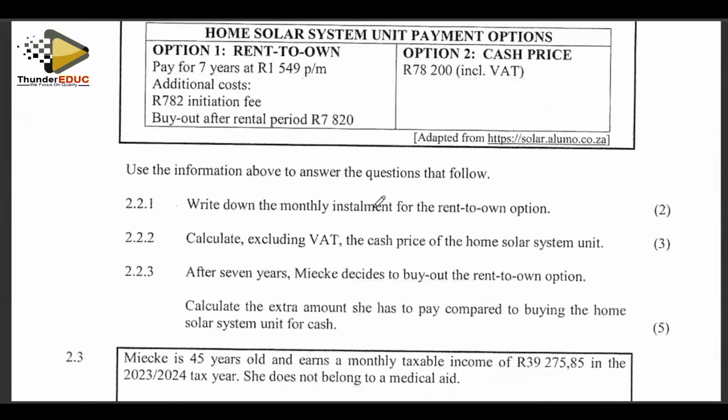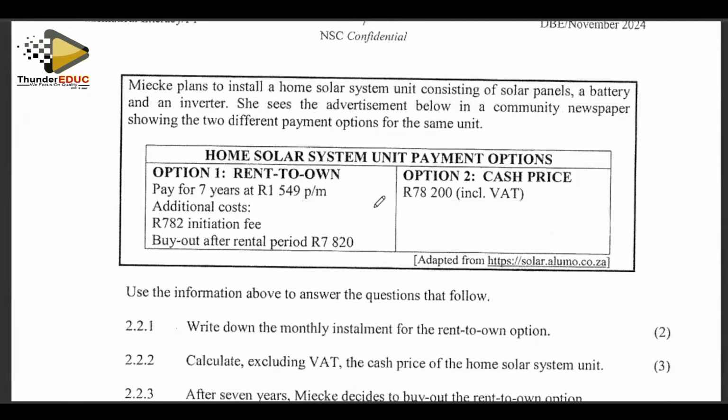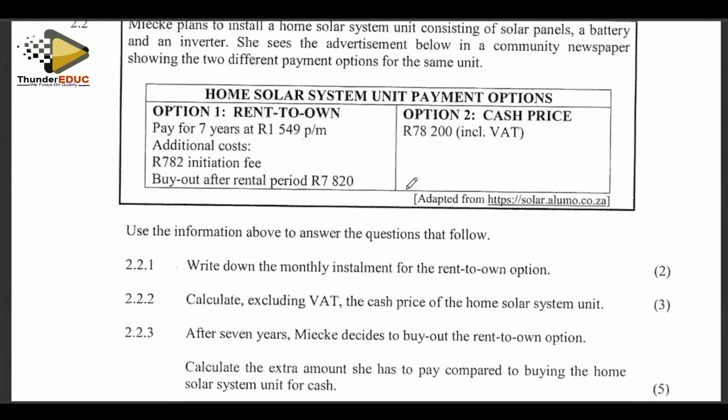Okay, go to the next question, 2.2. Mikey plans to install a home solar system unit consisting of solar panels, a battery, and an inverter. She sees an advert in the community newspaper showing 2 different payment options for the same unit. Home solar system unit payment options. Option number 1, rent to own, whereby you pay for 7 years at a monthly cost of 1,549 rands per month. Then additional costs are 782, the initiation fees,